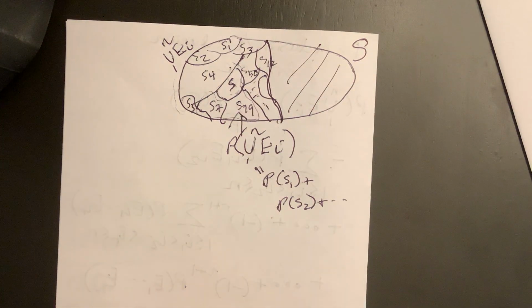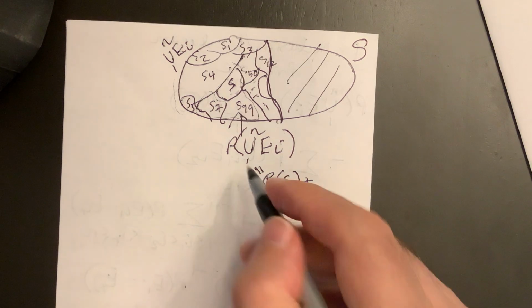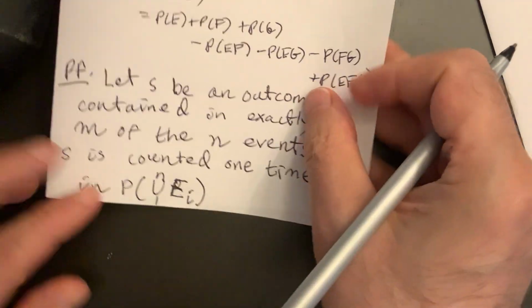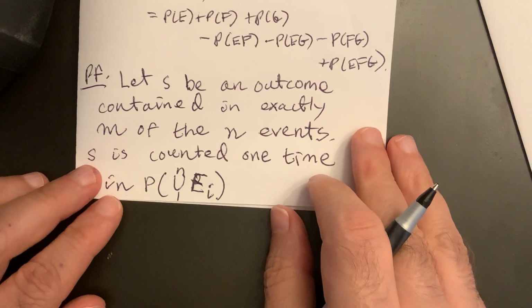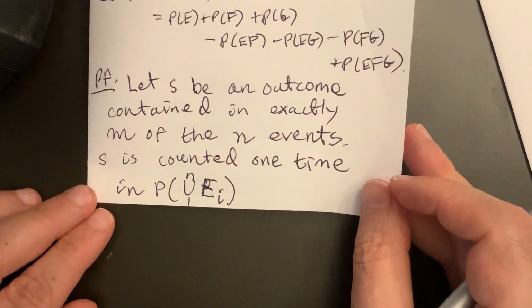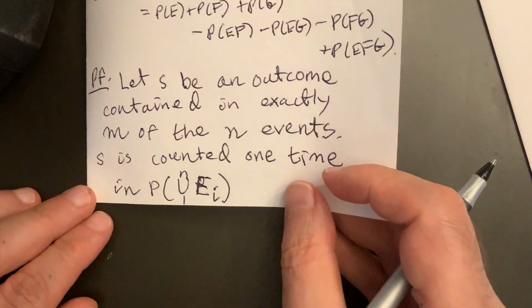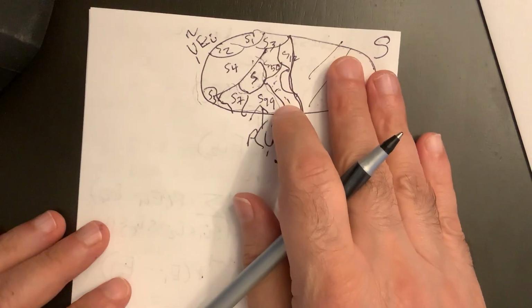So it's counted once here. So S is an outcome contained in exactly M of the N events, and S is counted one time in the union. That's right. So the goal is to show